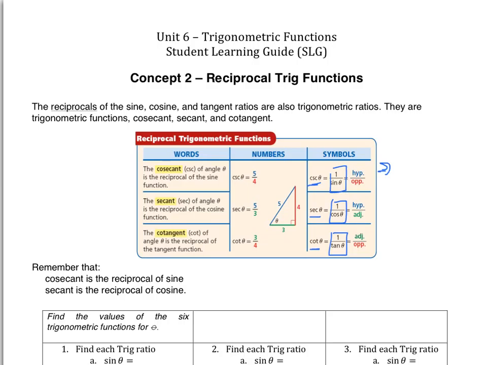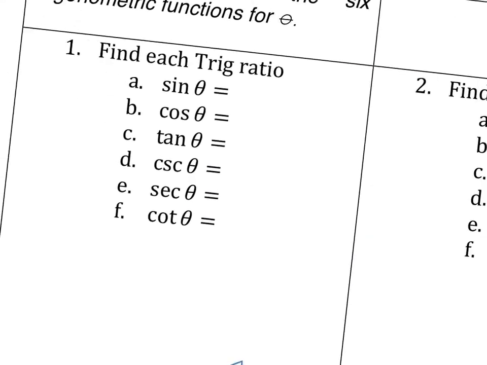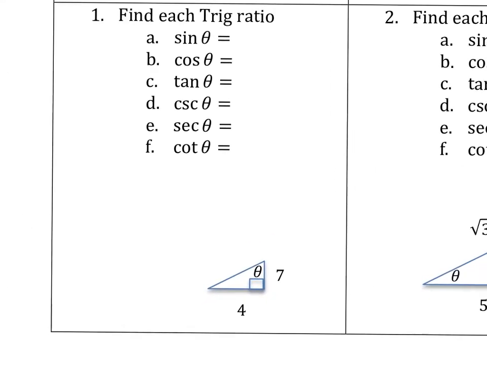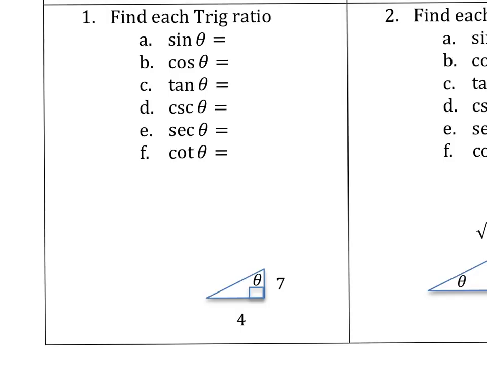Let's look at our first triangle here. We have our theta here, so you are standing right here, and opposite you is 4, and adjacent to your foot is 7, and we're missing the hypotenuse over here. Since this is a right triangle, we can use the Pythagorean theorem. So a squared plus b squared equals c squared, and our a is 4 squared plus 7 squared equals c